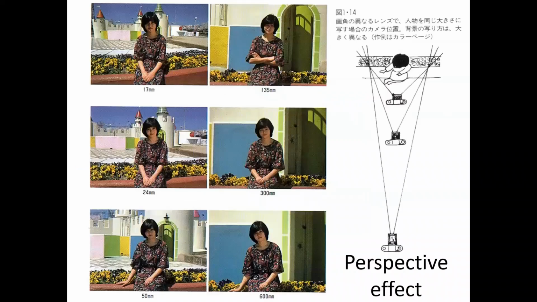This image shows you the effect of the perspective. Here the model size is all the same, right? But the focal length is different. So to capture like this, the cameraman moves forward or backward. Then what happens is you can see the background image is totally different. It's the same situation, totally the same environment, but the capture